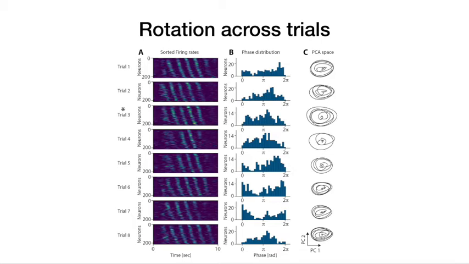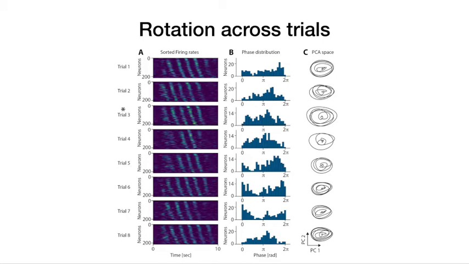On the left you can see the sequential activity. It's always the same sorting that we show. In the middle you can see the distribution of phases across the population. There's no particular phase that's preferred, and all phases are represented. On the right, you can see the